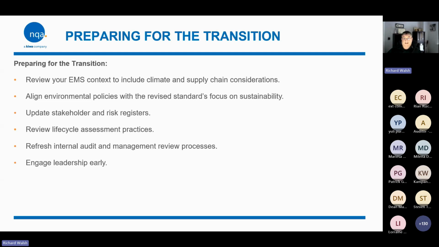Customers or stakeholders. Make sure that throughout the audit, throughout the system rather, we are looking at life cycle assessment practices. Are we looking upstream and downstream to the point that we still have control or influence? Make sure that our internal audit procedures, processes, and management review now reflect the new terminology and the new slight requirements, but make sure particularly our management review